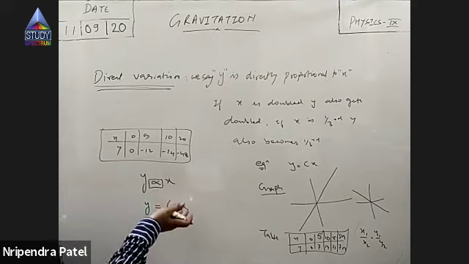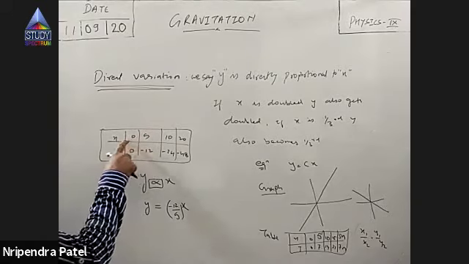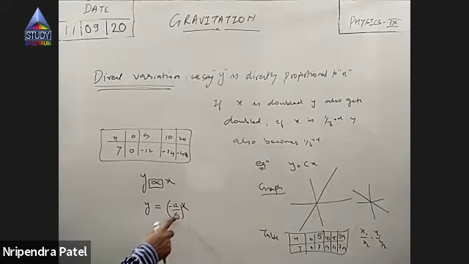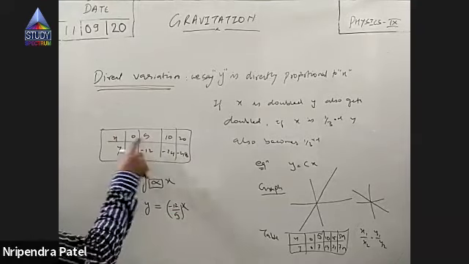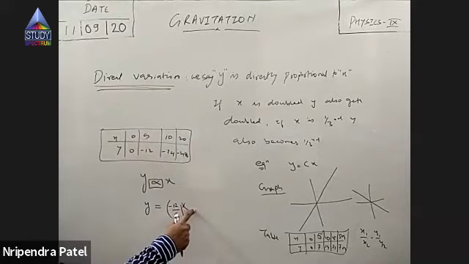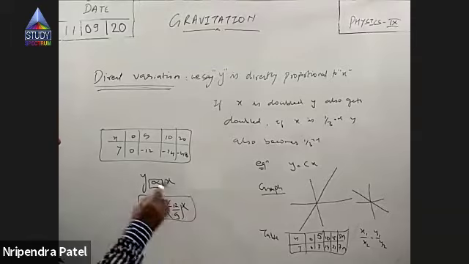Now, why should I agree to this? Just check the value of x. When x is 5, put it here, 5 gets cancelled, y is minus 10. When x is 10, put x equals 10 here, 2 minus 24. When x is 20, put x equals 20 here, 4 minus 48. So now this is working fine.